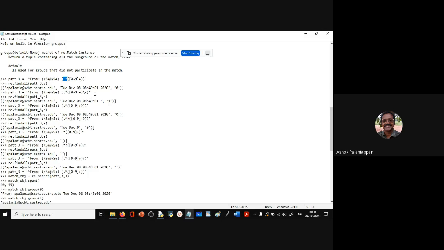So they do greedy matching, and sometimes it is hard to understand what exactly it is doing. Basically, it pushes outward as much as possible to match the string, and therefore it matches the entire thing. The only thing this can match is just one digit. It is sufficient, so this last digit alone matches this particular pattern. And this one does the greedy match till 202, the .*, and therefore what is matched by the third group is just a 0. And if you look at this, we put a space at the end, so 2020 will not be matched. It's only matching till 0, 1, and the last digit to be matched is just 1, and that is what is written.